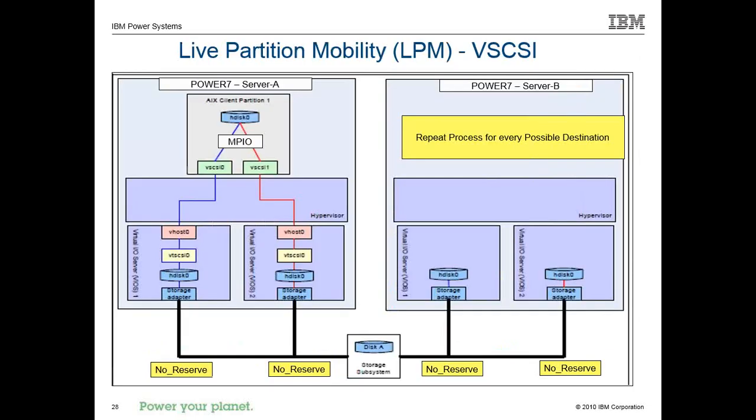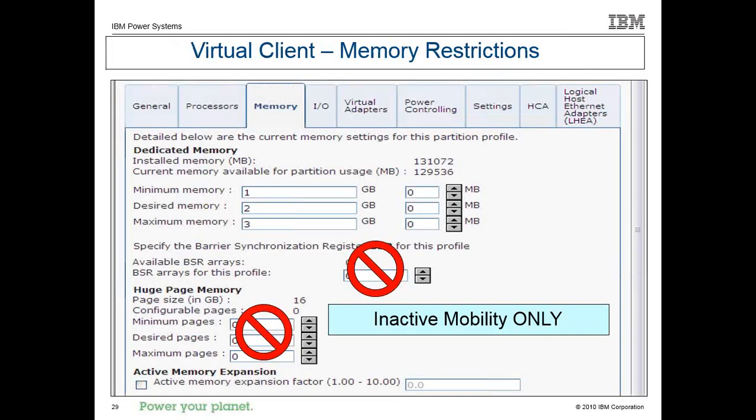And then this is showing you a chart again that you can use your vSCSIs in your clients at the top. In this case, they have 2 adapters. You can have more than 2 if you want, but most customers have 2 vSCSIs in a client. And when you're using NPIV, a lot of customers use 4. It doesn't matter the number of vSCSIs or NPIVs you want to use in your clients. We'll move whatever you've defined in your client as part of LPM. And so it's just showing you have to have no reserve set across all these disks to do LPM.